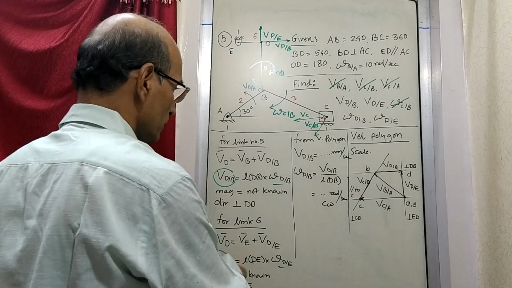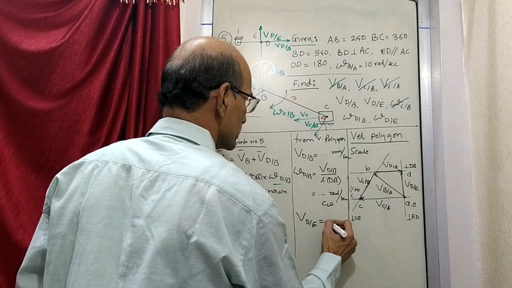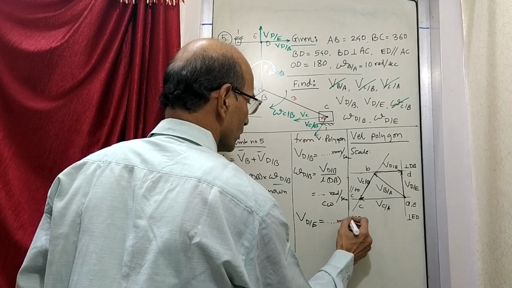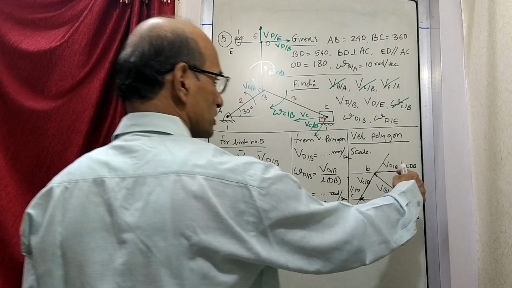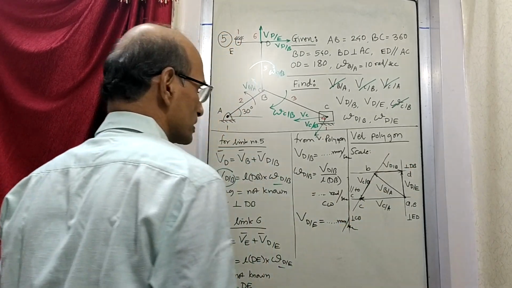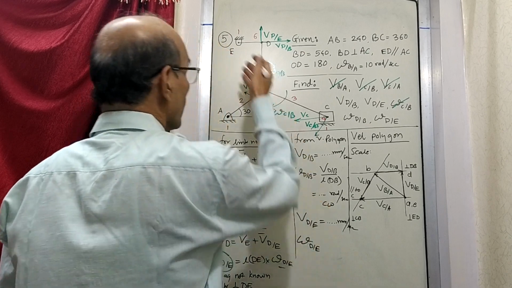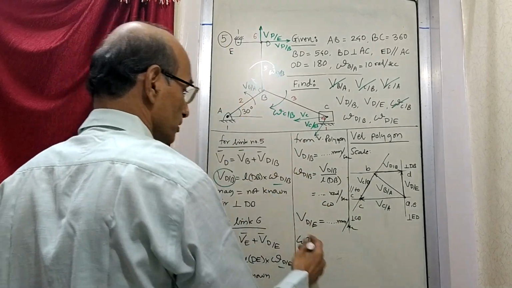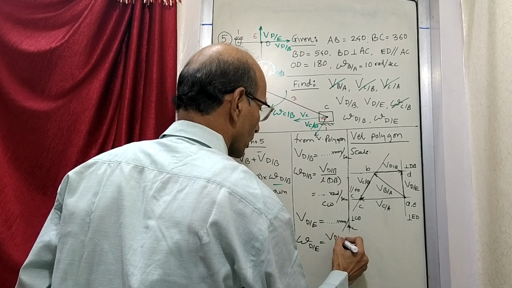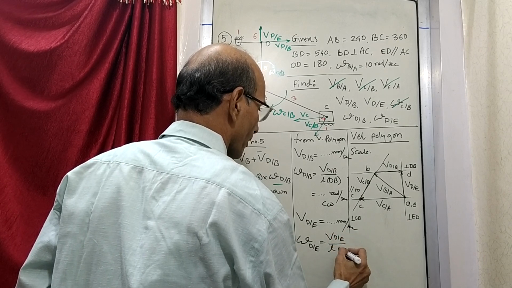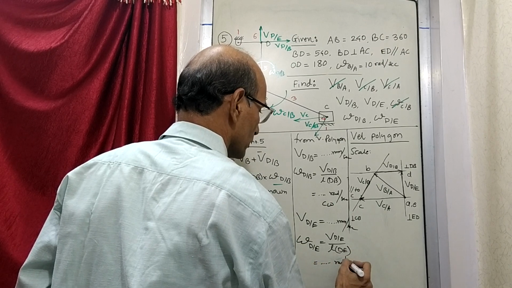And the other thing is this, velocity of D with respect to E is so much millimeters per second. So you measure this and find out by scale how much it is, so that you can find out the next part, the angular velocity of D with respect to E. This is velocity upon radius, V upon R, which you will obtain in radians per second.